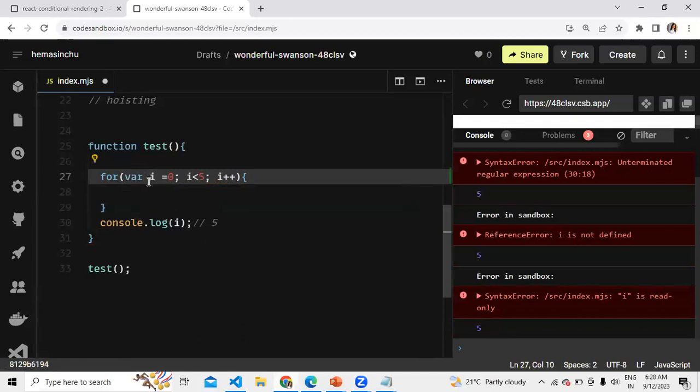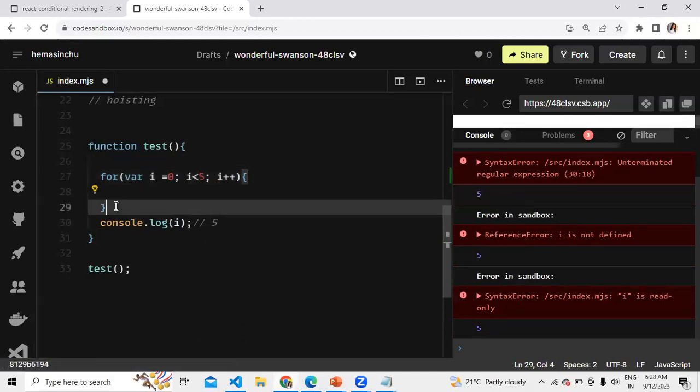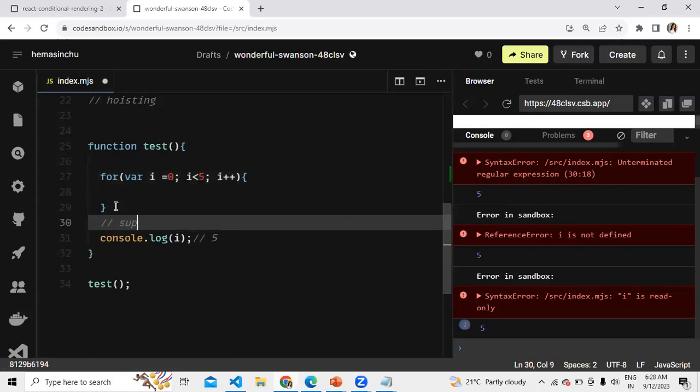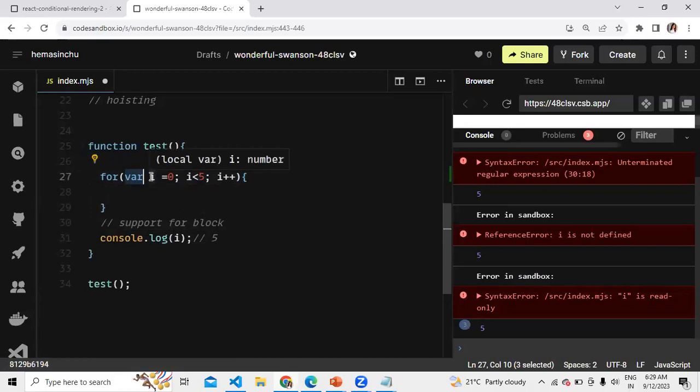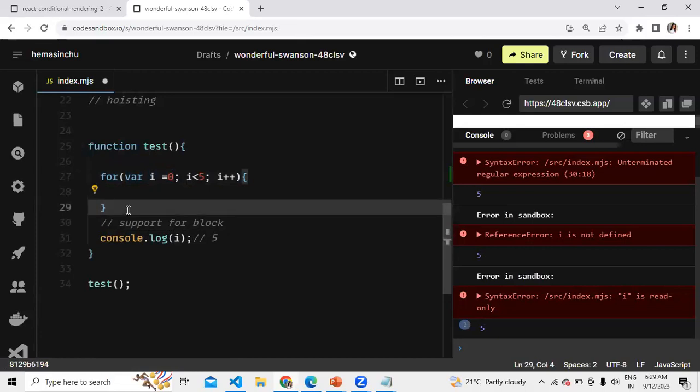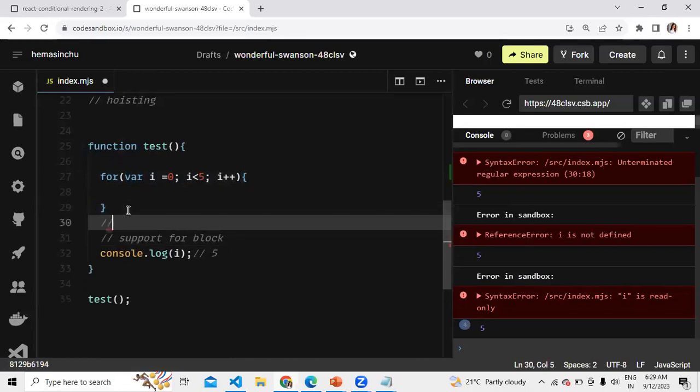Now this is one of the major differences. You see, var is not supporting block scope. So what is block scope? What is so important about block scope? See, I wanted to loop using for. I've created one variable, and that purpose was to store the index value in each iteration of this loop. Once the task is done, you have to return all the resource, right? You have to clear the memory which is allocated for all the unused variables. All the unused variables which were created should be removed.